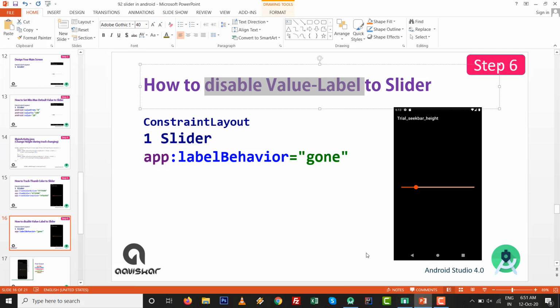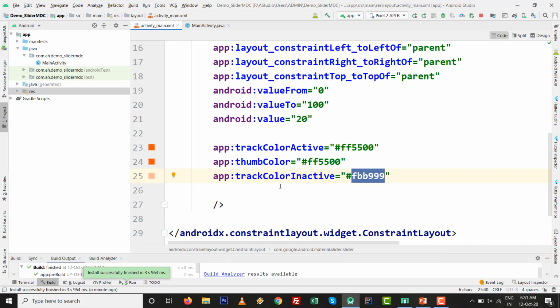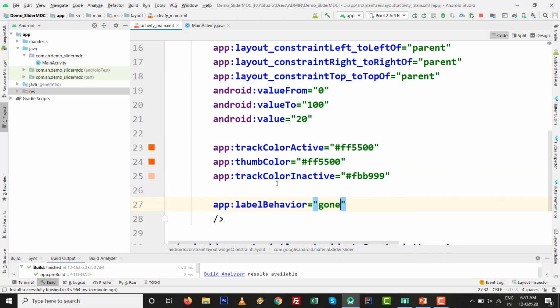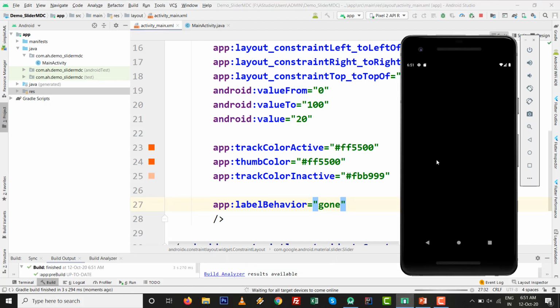So I try to disable the value label on the slider. There is one attribute named labelBehavior, which we are going to set to gone. So just press Shift+F10.